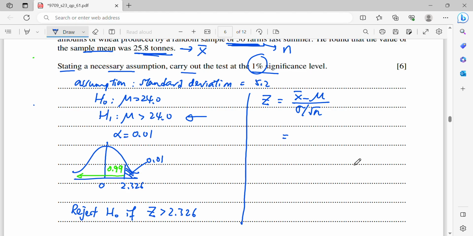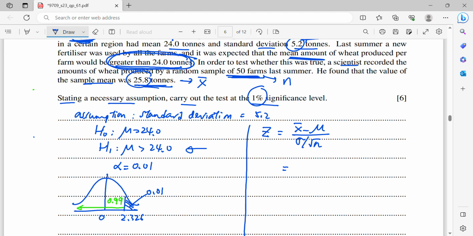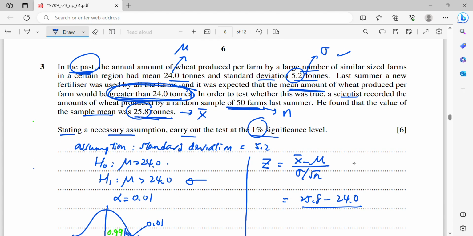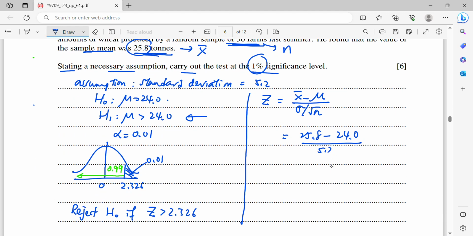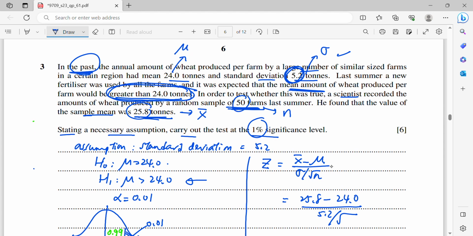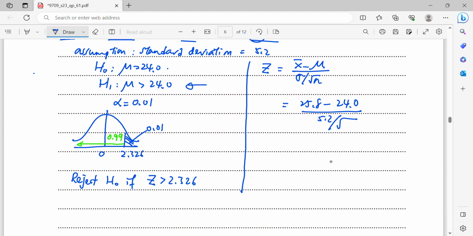Okay, so the x bar is given, 25.8. This mu is the mu under H0, that means it's 24.0. Over the standard deviation, which is given as 5.2 in the question, then divided by the square root of n, where n is 50 farms. So here, when you calculate, it will be